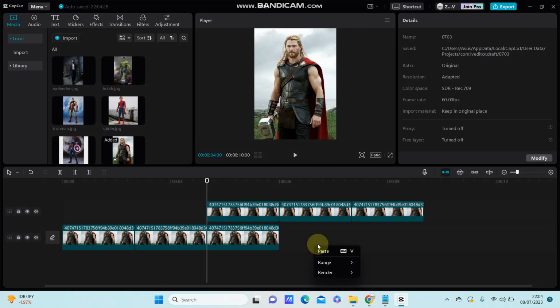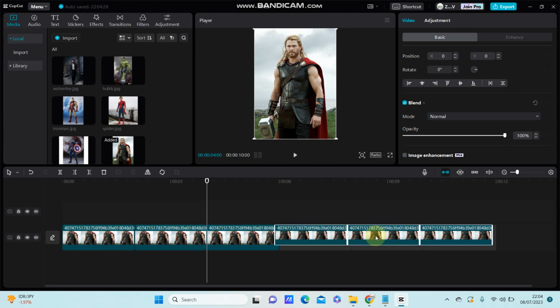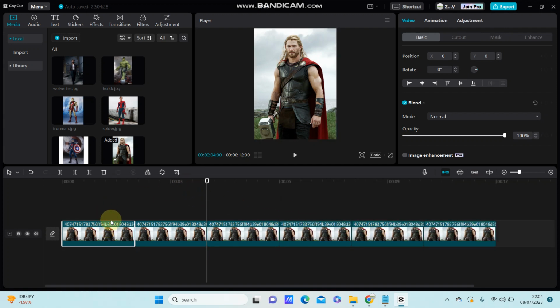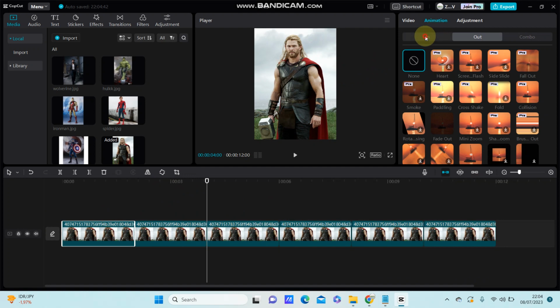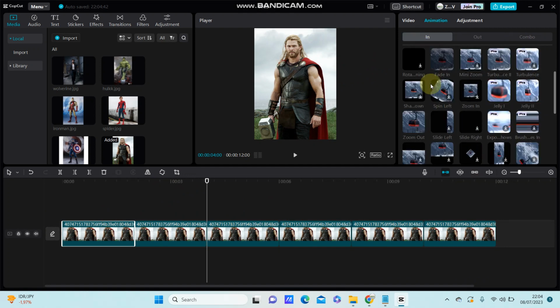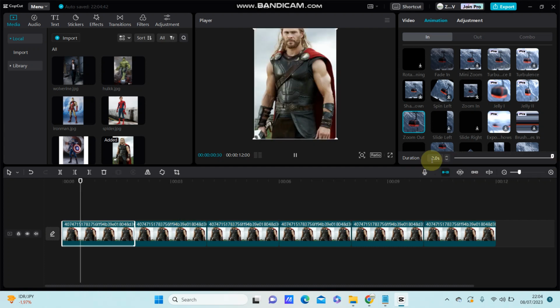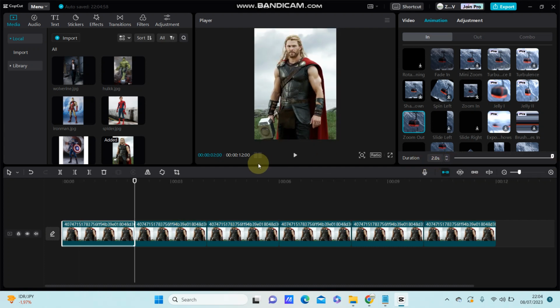Now to do this, you are just going to add the animation. Select the first clip and select animation, and you can select in animation, scroll down and add the zoom out and adjust the duration to full duration, which is 2 seconds, because previously I set the image duration to 2 seconds. So apply to the third clip and